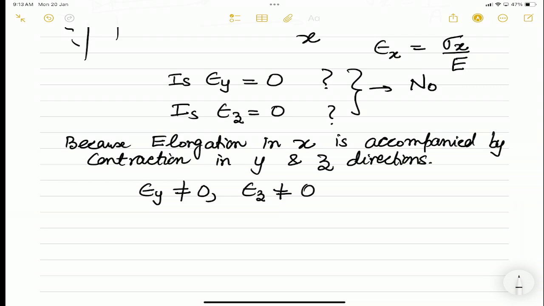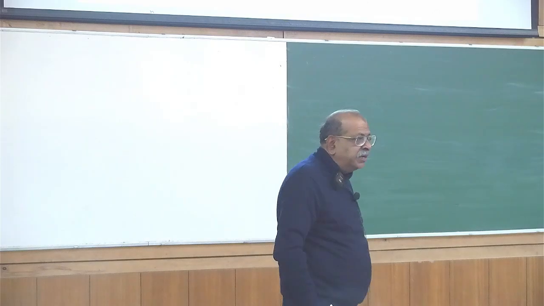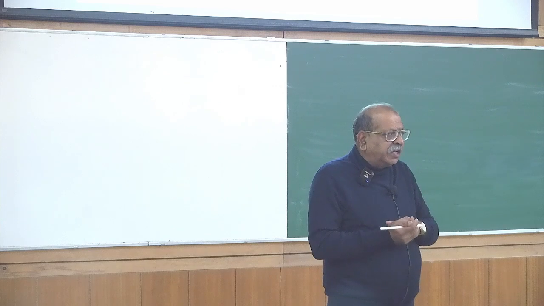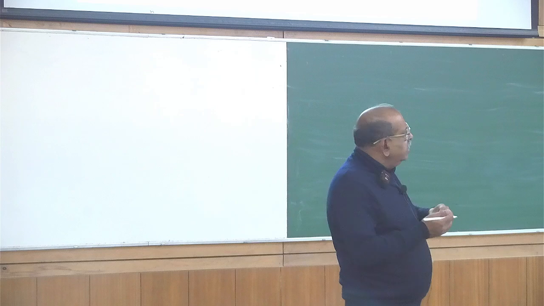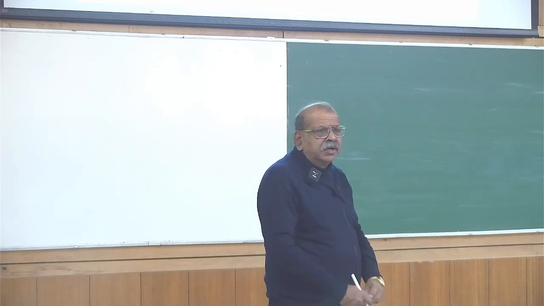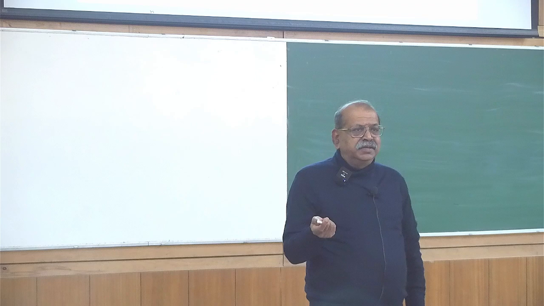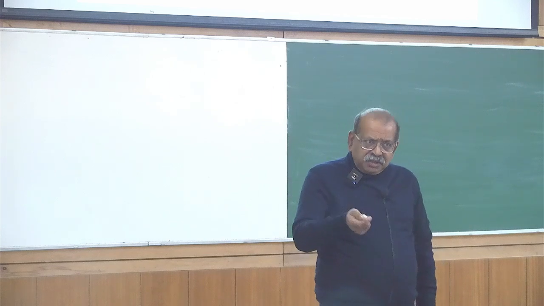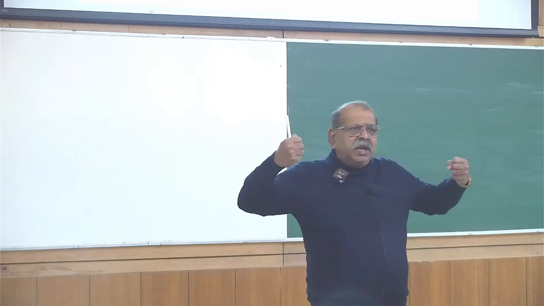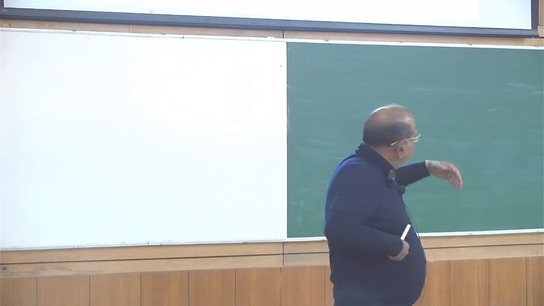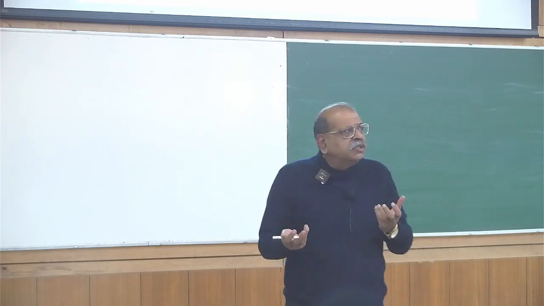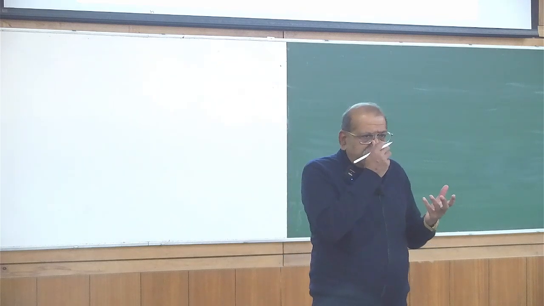Now, if there is a term which we use, which also came in the fourth problem which you are not supposed to submit, isotropic. If properties do not depend on the directions, then what do you expect will happen to epsilon y and epsilon z? The loads in the y and z directions are the same. The loading is only applied on z direction. So, if the material is isotropic, you will expect epsilon y and epsilon z to be equal. For an isotropic material